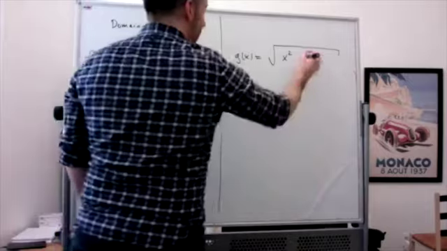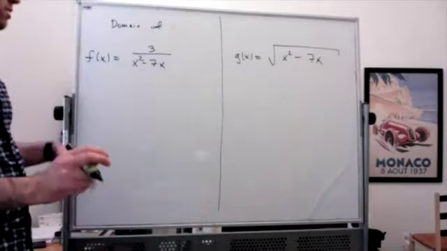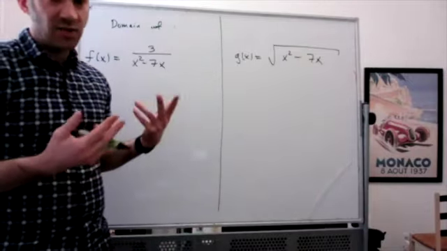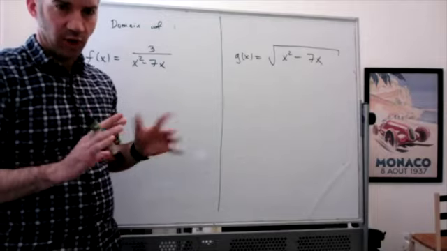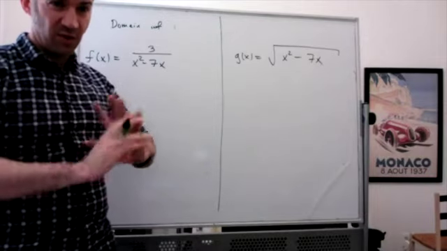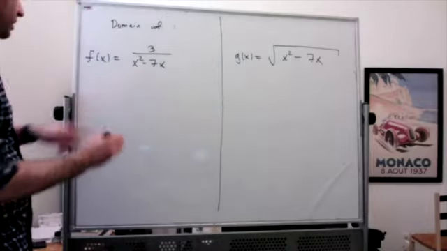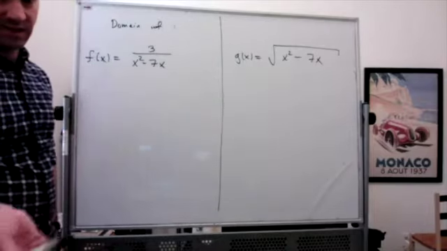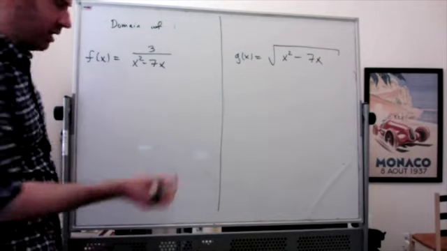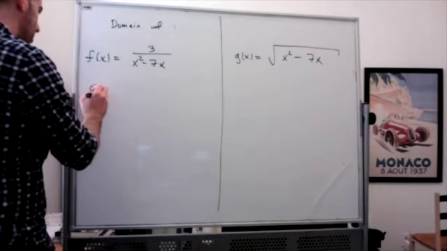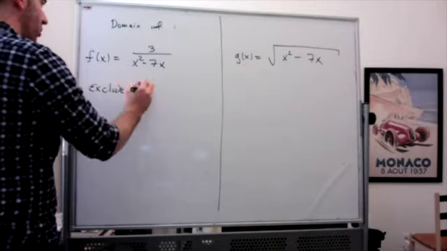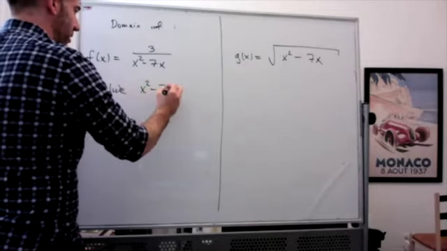So in both of these cases, the x squared minus 7x is kind of the problematic part, but there are different requirements in each of these cases, right? For the first one, we need x squared minus 7x to not equal 0. Or what I usually like to write is we need to exclude where x squared minus 7x is equal to